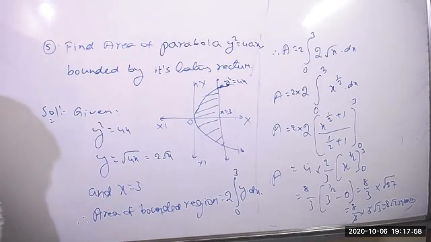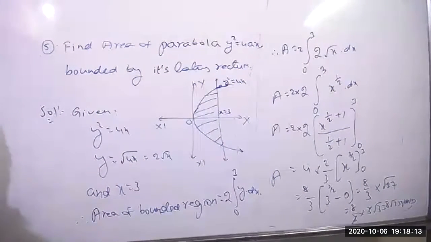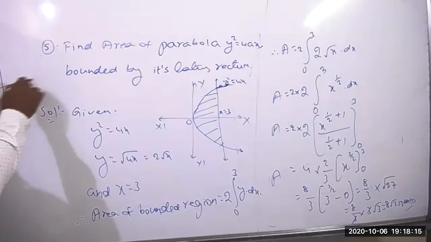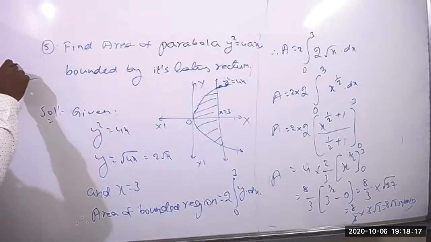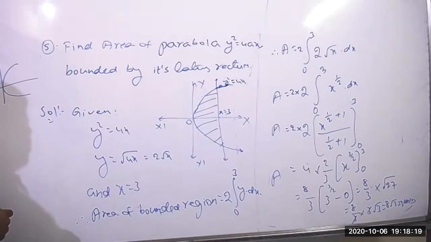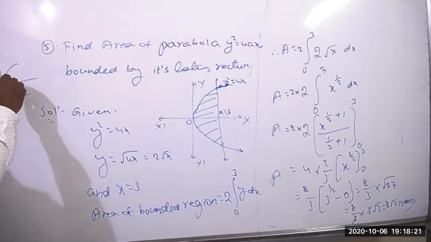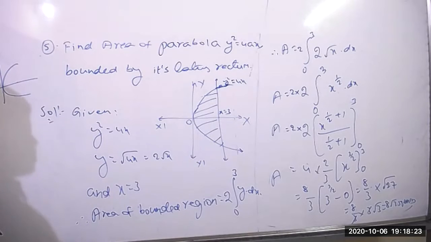Now tell me, what is the meaning of latus rectum? You learned last year, in the first year with straight lines. No, it's the conic sections. What is latus rectum actually? Suppose you have taken the parabola y square equal to 4x, clearly we'll get it like this. What is the latus rectum of this one? The line passes through the focus.